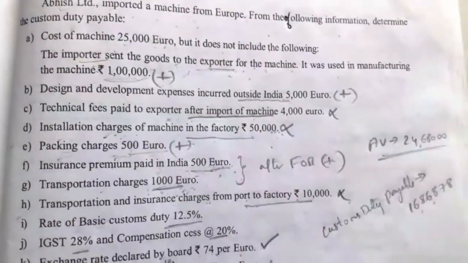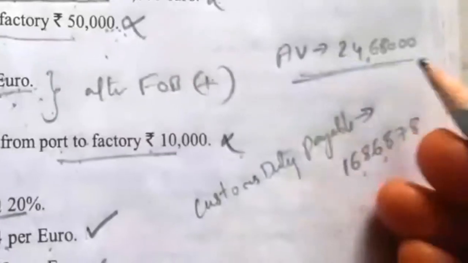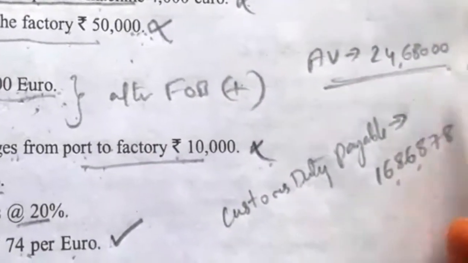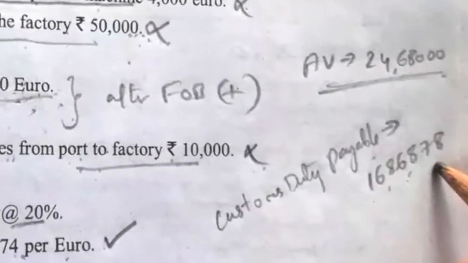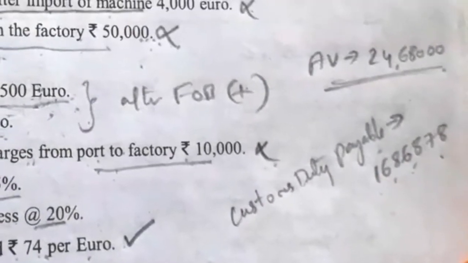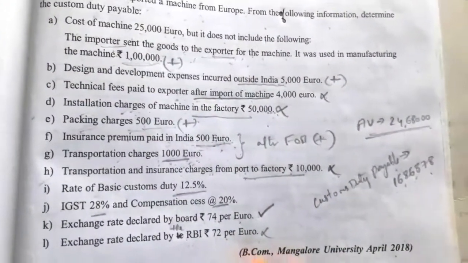This illustration you have to try by yourself. So the answer is, the assessable value you will get is 24,68,000 and customs duty payable will be 16,86,878. So try to work out this simple illustration, and after solving the illustration, write a note for the expenses